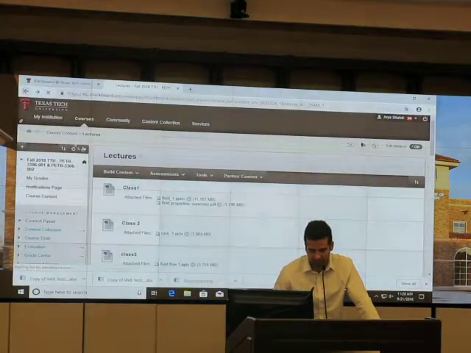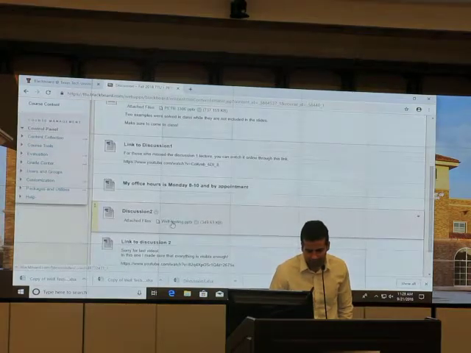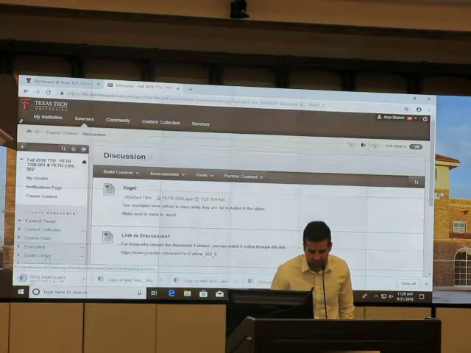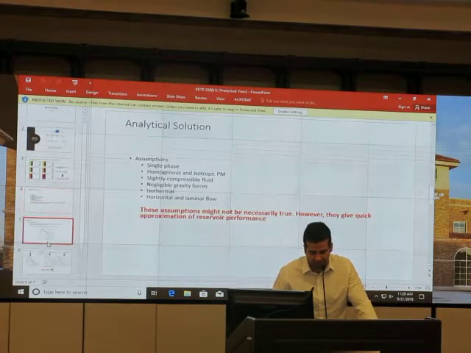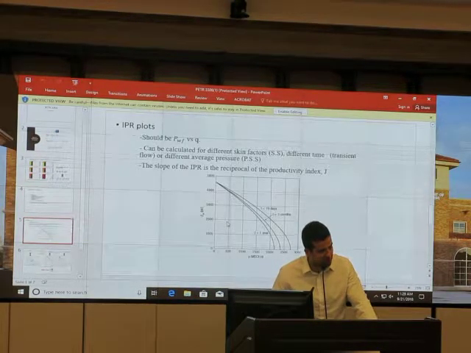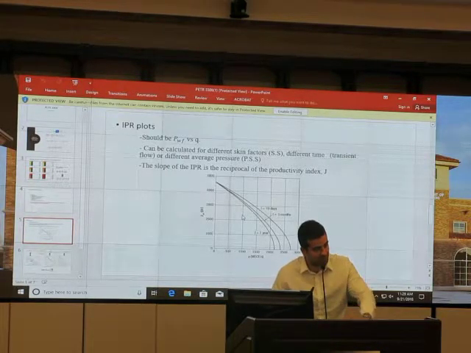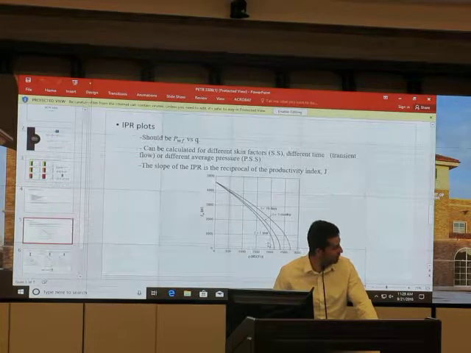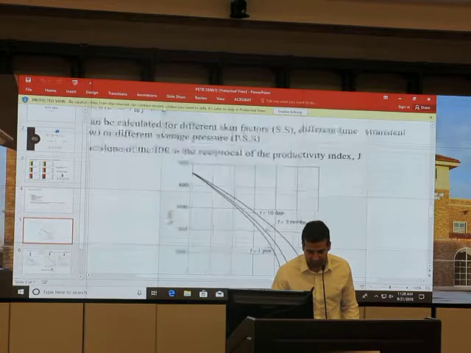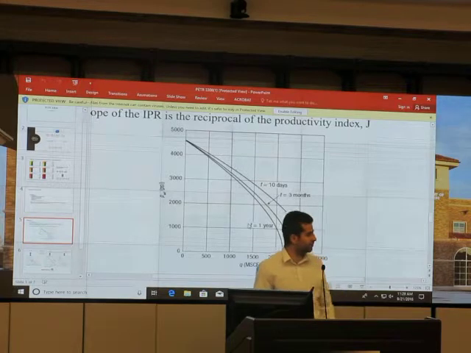Let me show it to you. Look at this. In the first discussion class that we had, I put it over here. This is the IPR curve for unsteady state, but this is a hypothetical case because it's reached over the multi-phase flow case, but still they assume that it's correct. So you see over here, you have different times and different IPR curves for it. Make sense? PWF, Q, and this is unsteady state with different time.